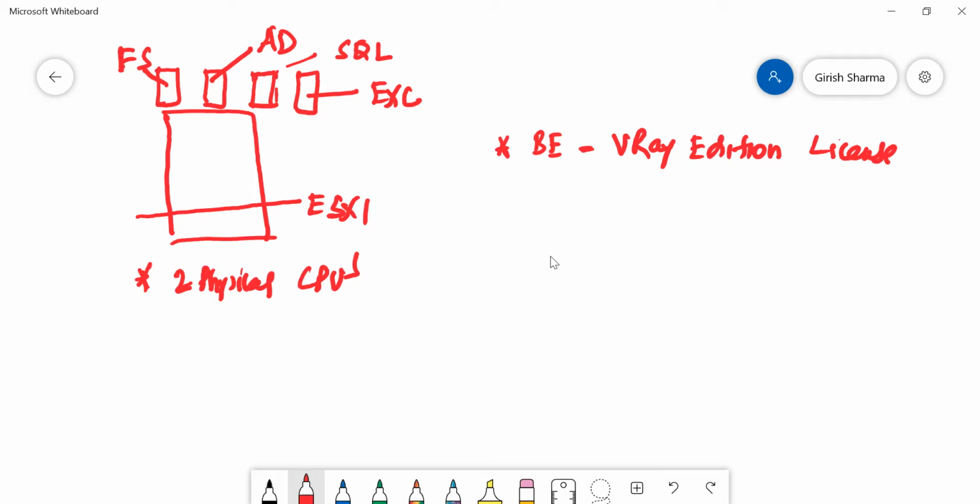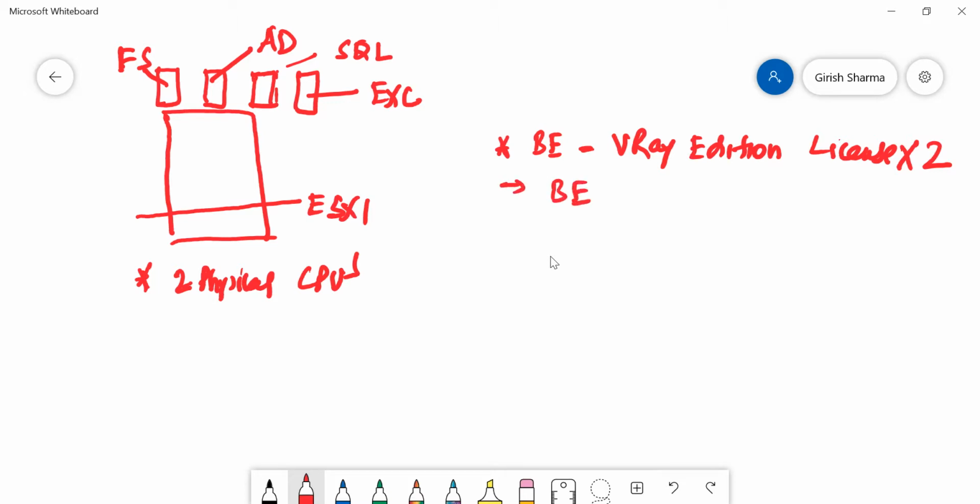Because the only thing that you need to remember is how many physical sockets you have on this virtualized hypervisor. So in this case, we have two physical CPUs, two sockets. What you'll be needing is two times the V-Ray edition because it goes by how many physical sockets you have. But what you get with the V-Ray edition, you'll be getting